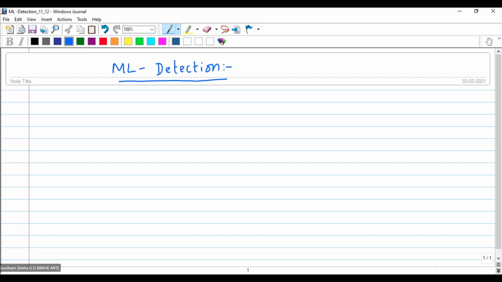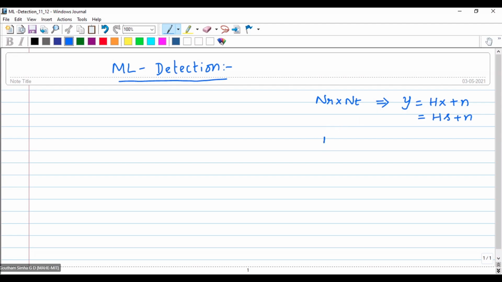First of all, we'll see what ML detection is, and for the sake of simplicity, to understand ML we need to understand two things here. If you're talking about the NR cross NT configuration, that is the standard practice, you can write it as y is equal to hx plus n, or y is equal to hs plus n.